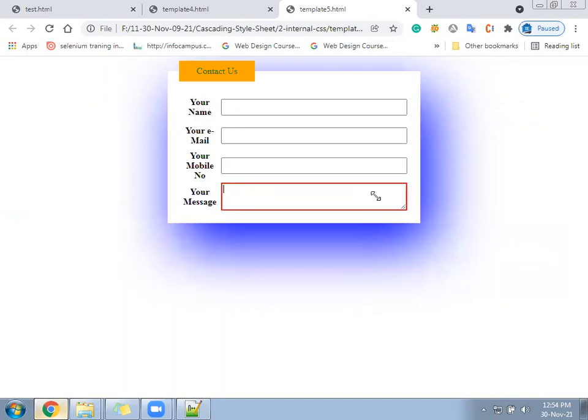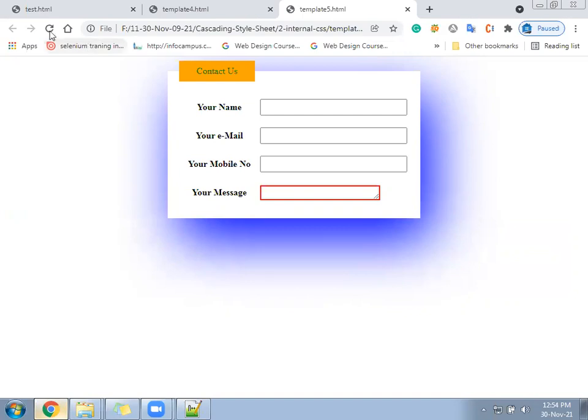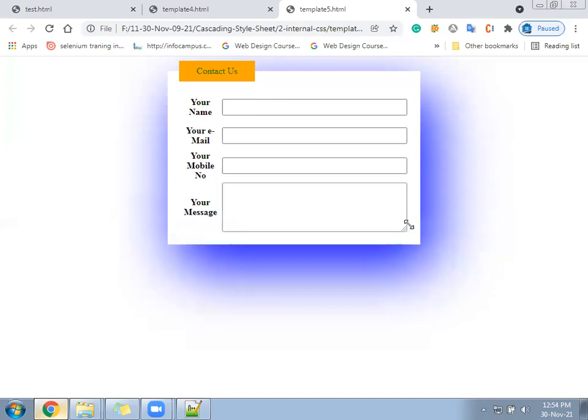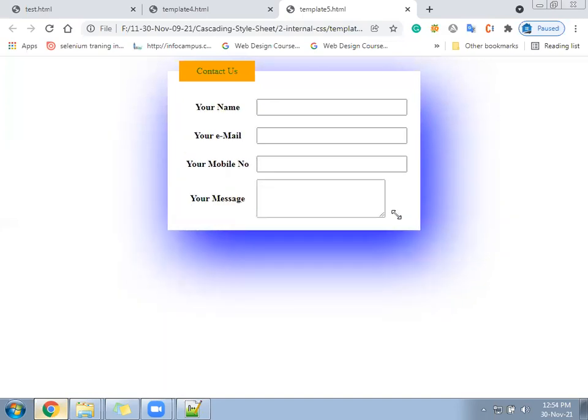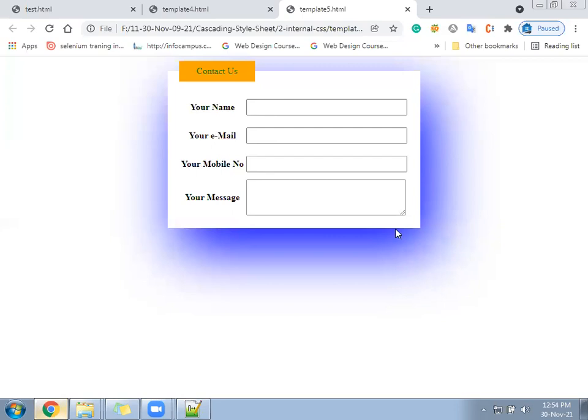Suppose this should be like this only. Just we need to increase a little height like this. Okay. So once you click here, the effect should remain the same. Width should remain the same. Only height should get increased.